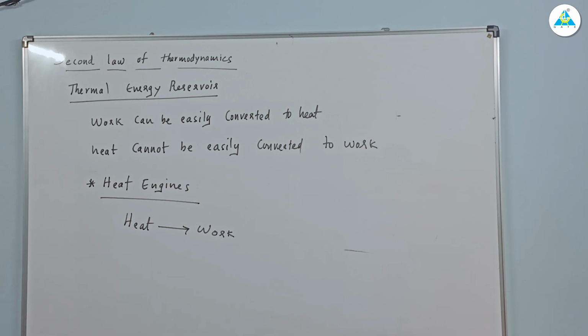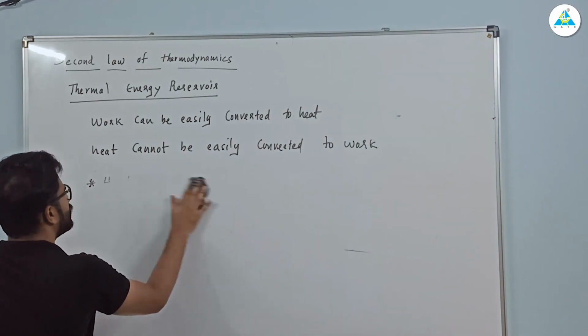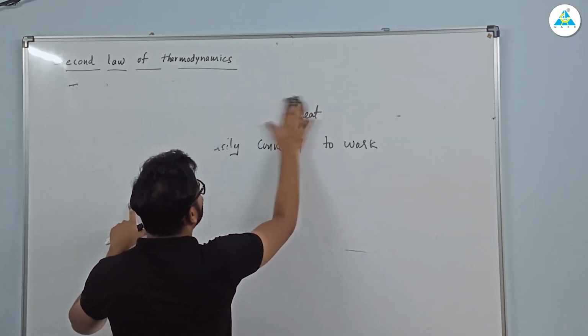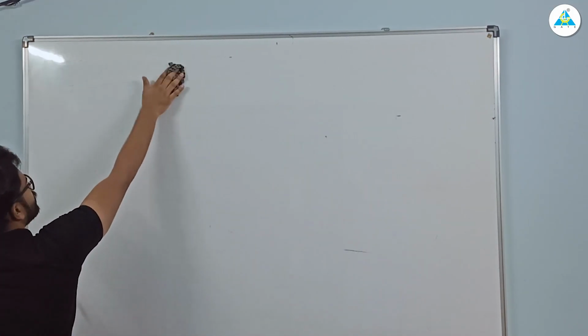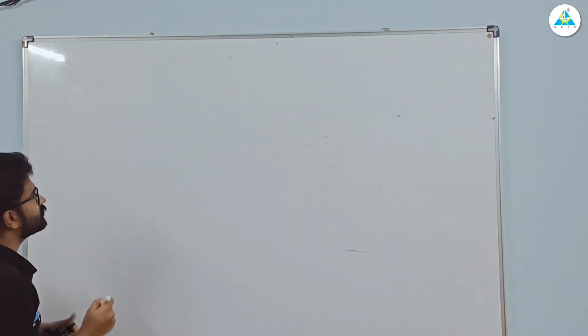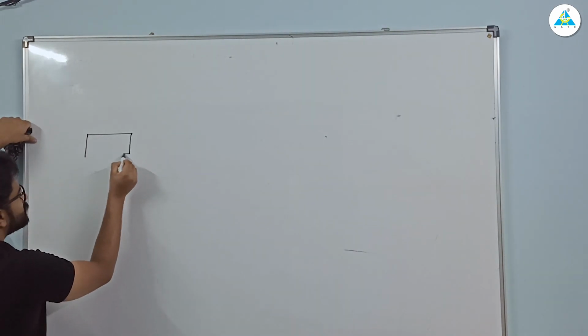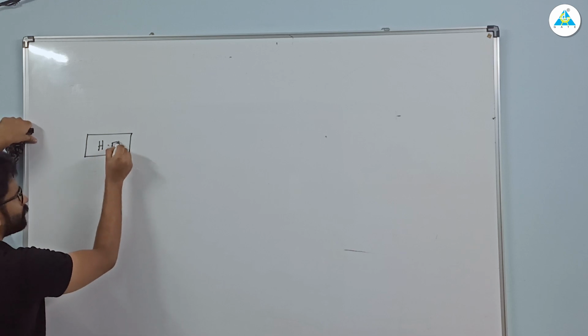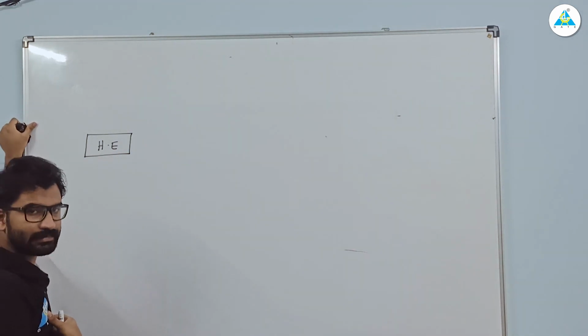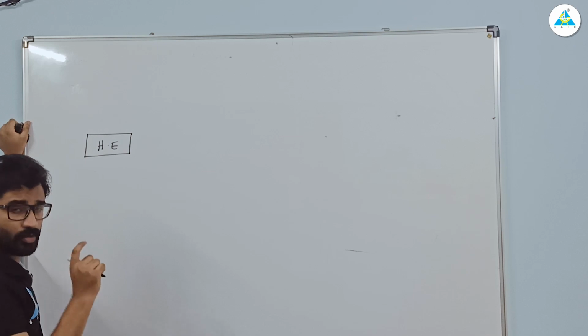I hope all of you know about the heat engine. It is the easiest part of our thermodynamics. I hope you remember how we draw the heat engine. It's very simple to draw the block diagram of a heat engine. This is your heat engine. What we require for GATE chemical engineering is this much. That is our block diagram.